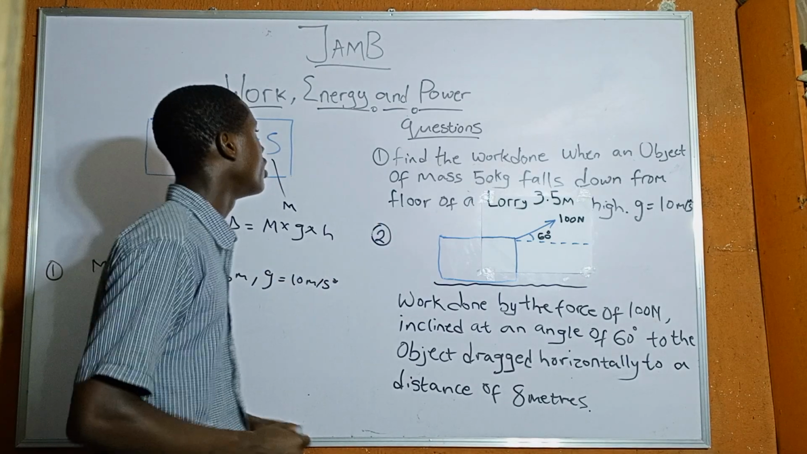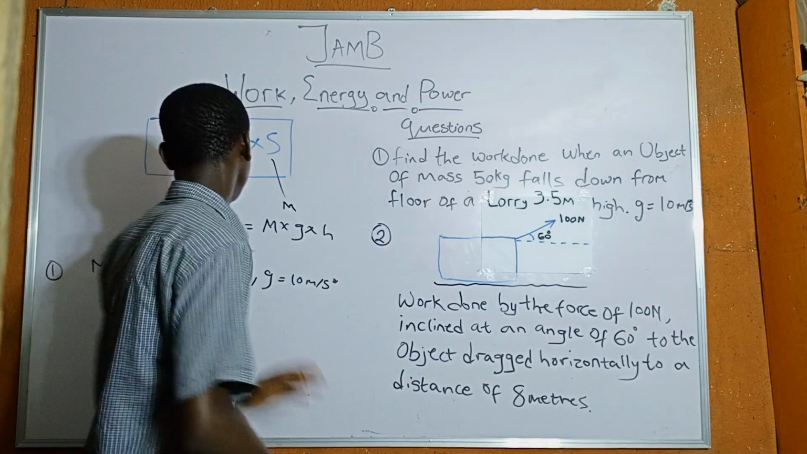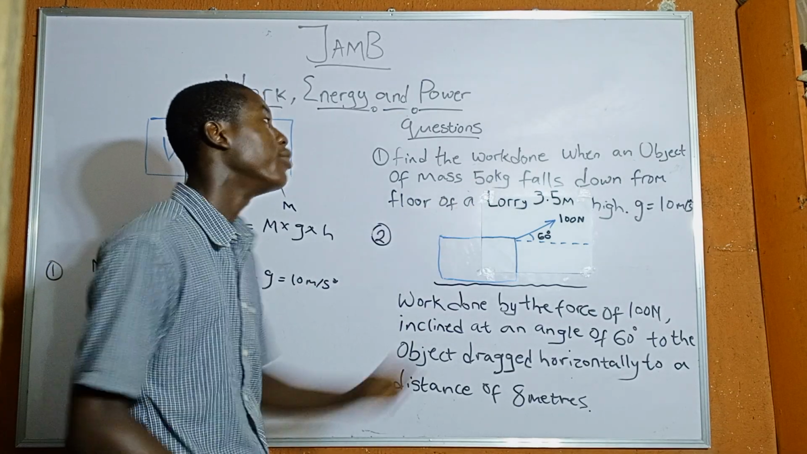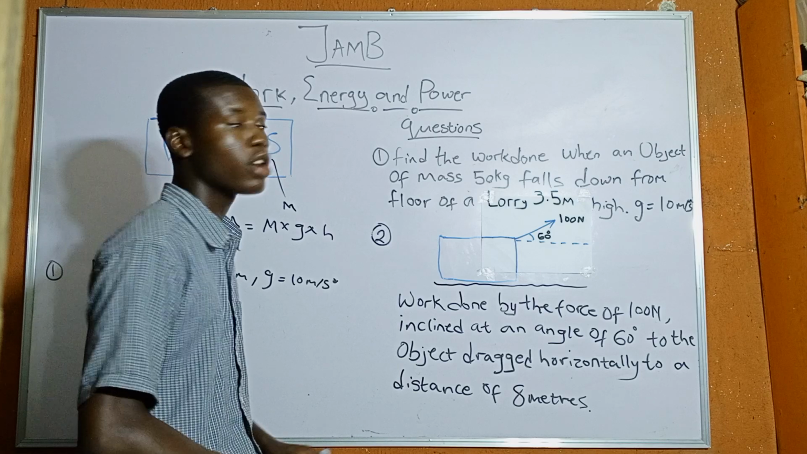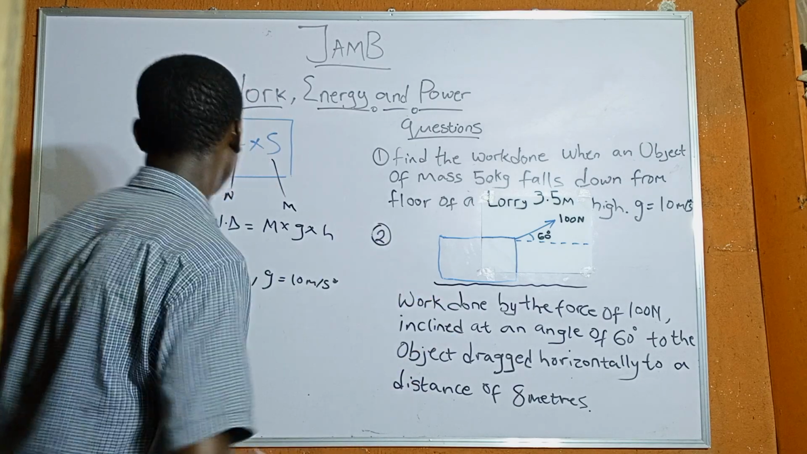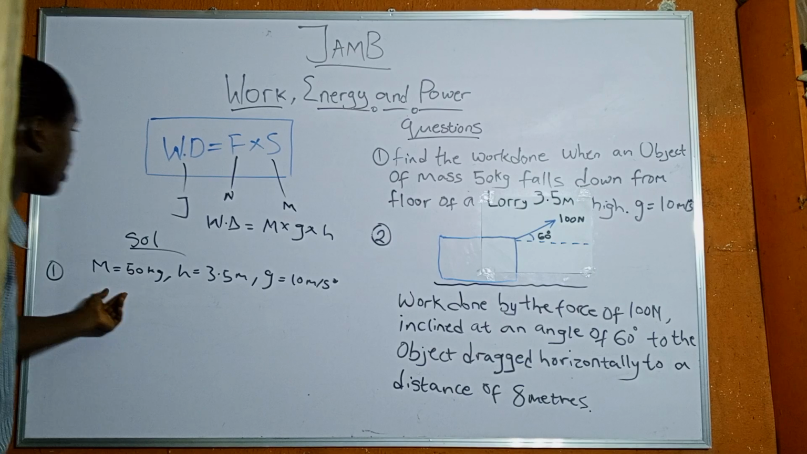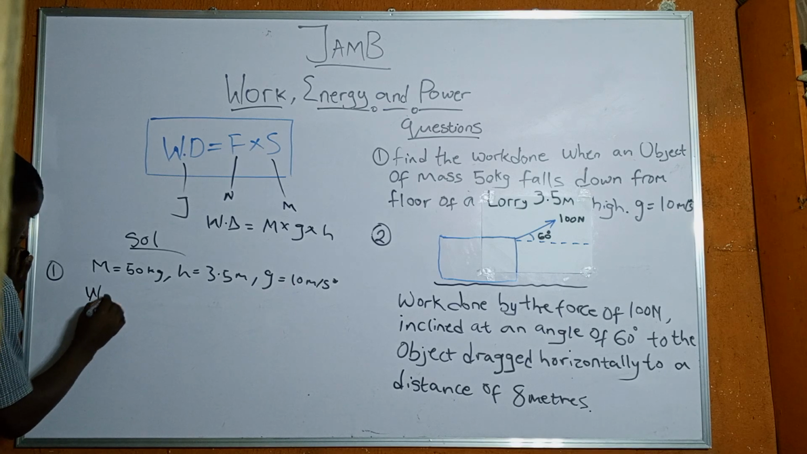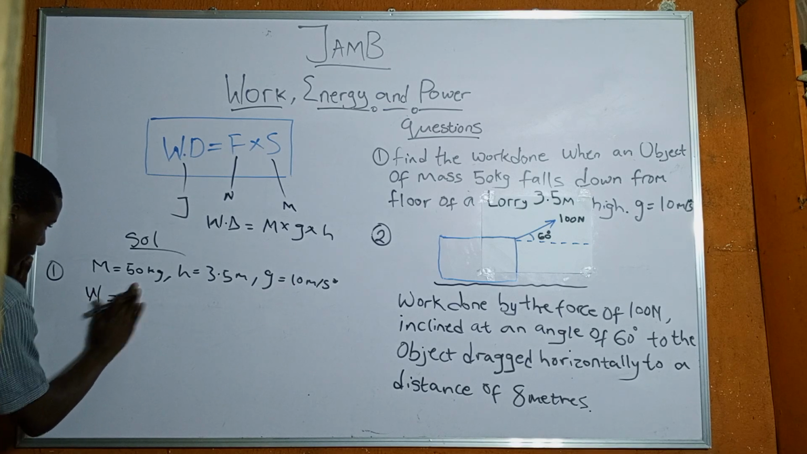Number one: find the work done, WD, when an object of mass 50 kg falls down from the floor of a lorry 3.5 meters high. Take g as 10 meters per second squared. And I've written out the things we need. So the mass is equal to 50 kg, height is equal to 3.5, gravity is equal to 10 meters per second squared. So work done, W, will be equal to 50